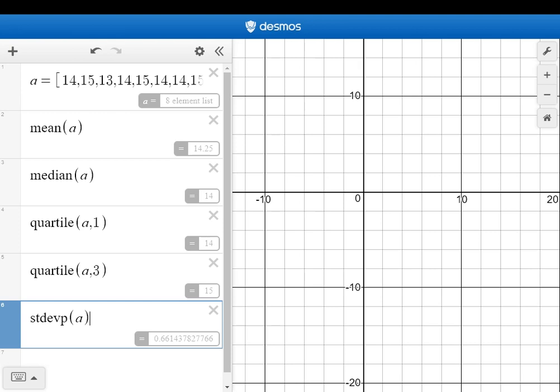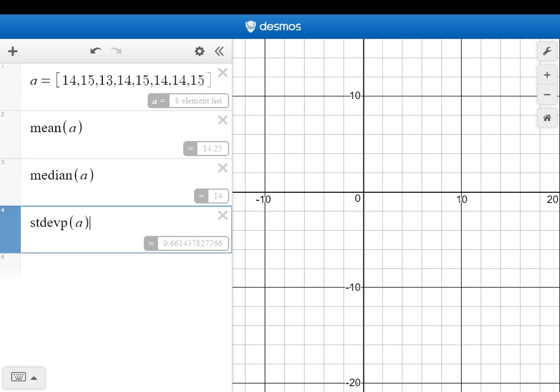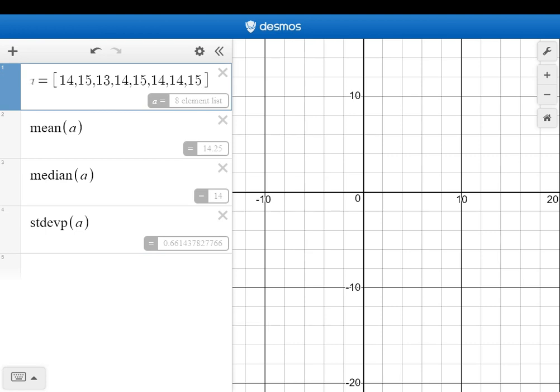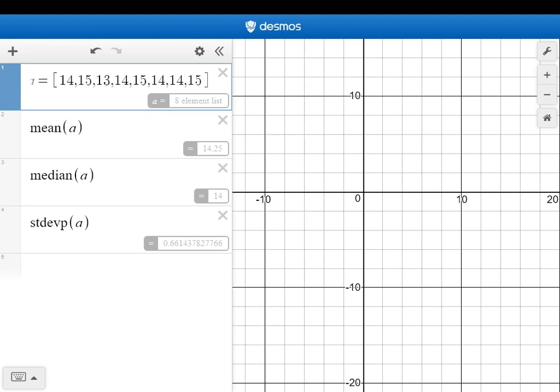The last thing that I want to show you is that very often we'll ask questions on how the mean changes or how the median changes or how the standard deviation changes when we include new numbers or even exclude current numbers. We've talked about this in class, but think about the fact that if you were to include maybe my age in our list of ages here, we should already have a conceptual understanding that the mean is going to go up, because when we include a number that is higher, it's going to change. In the next video, I'm going to show you how you can change those in real time. This video is just to show you how you would